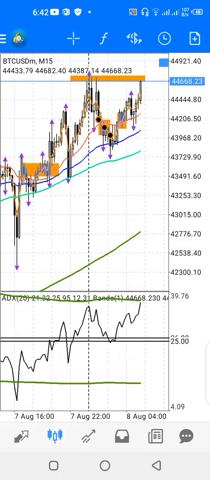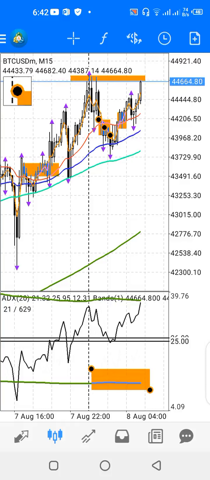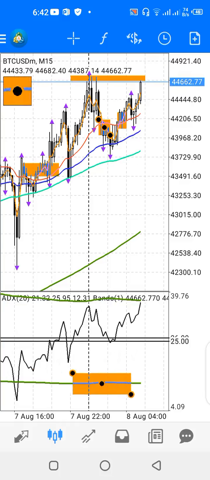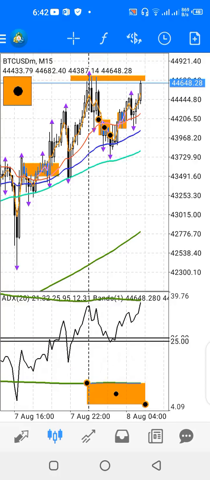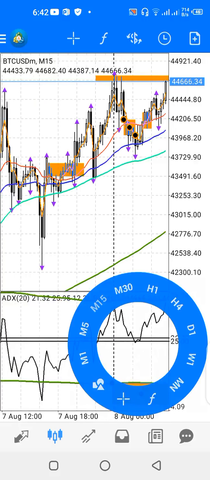Okay, and then you have bands. These are the bands. This is the lower band. This is the upper band. Now, when this black line crosses the